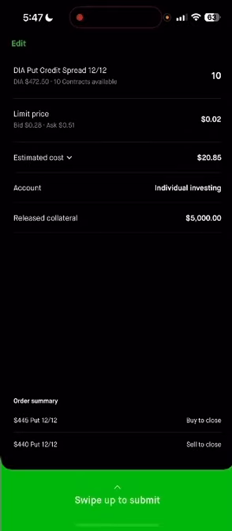So you're going to close out the buy at 445 on 1212. You're going to close out the sell for 440 on 1212. It's going to release your collateral for $5,000 because it's a 10 lot. Typically, you're going to be using a 1 lot, so it would release that $500 of collateral. And then you just swipe up to submit,